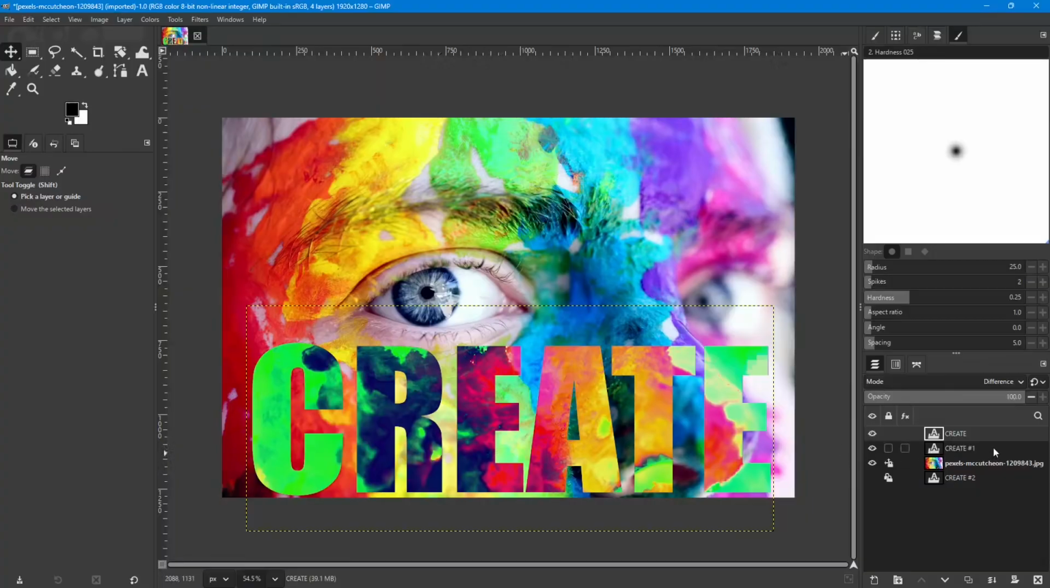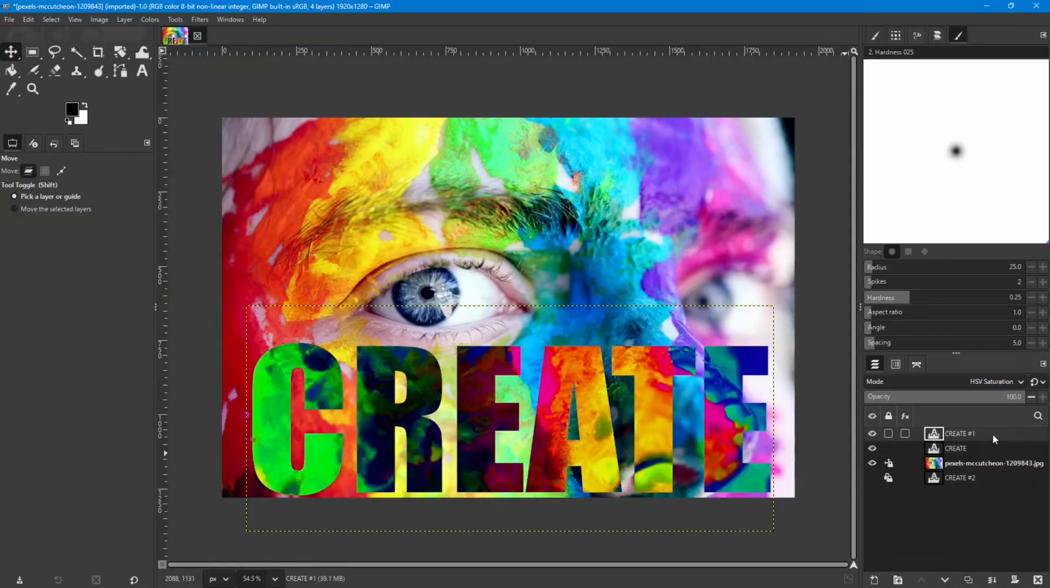So that's something to keep in mind when you're using them. If you get a result and it's not quite right, try rearranging the layers that have the blend modes on them. You might find something you like better. Now